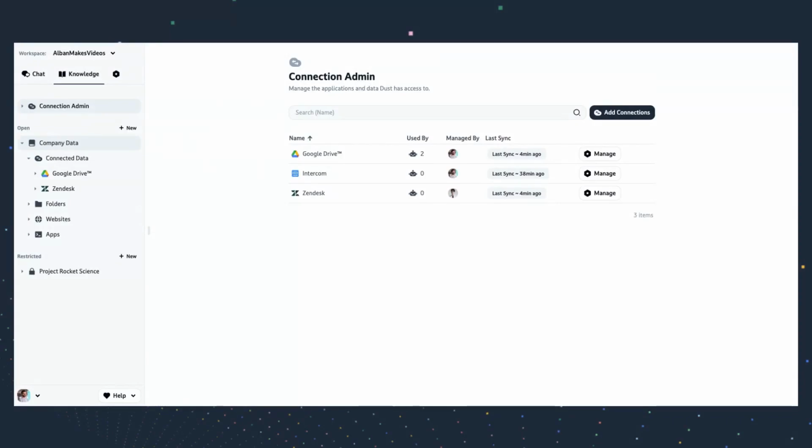add into spaces. You've got two different types of spaces that are possible: the open and restricted spaces. The names pretty much speak for themselves. Open spaces are available to everyone in your workspace by default. So anything you put in there will be available to all your users. All the assistants they could build can use that data. So make sure that all the data you add to your open spaces is data that you want to share with everybody. By default, in Dust, you have a company data space, and you can add a new one if